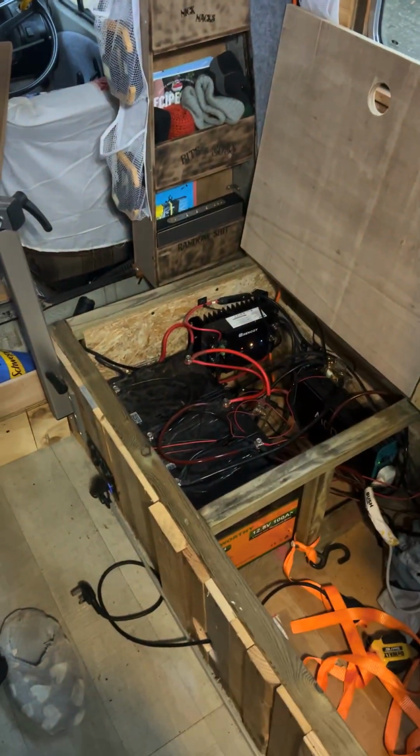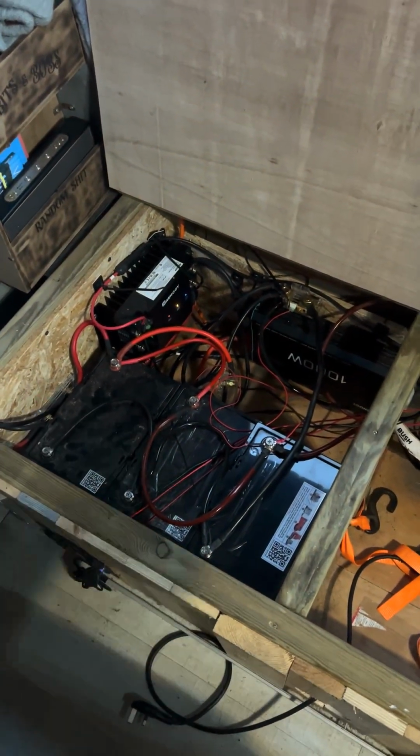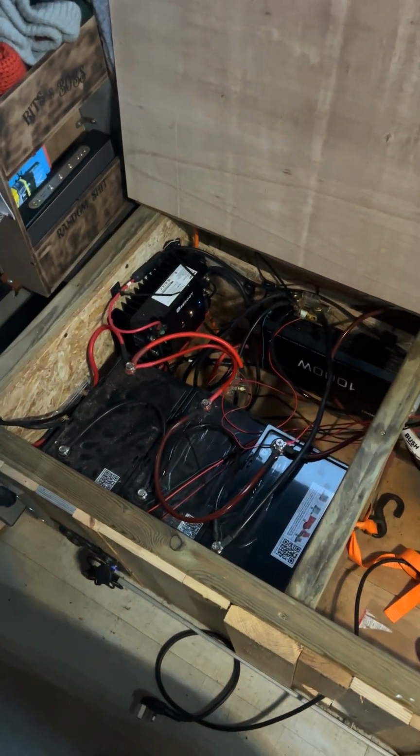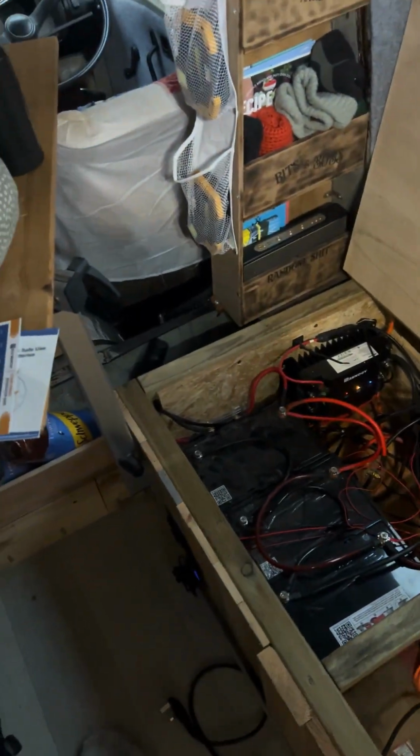Right. So what we've done is I've added a 3rd battery. Forgive the spaghetti junction, I will tidy it. At the moment I'm just trying to get everything in place, working, and it all seems good. And what we've done is added a mains charger. Let's just turn those lights off, put these lights on. That's a bit better. So what we've done is added a mains charger,